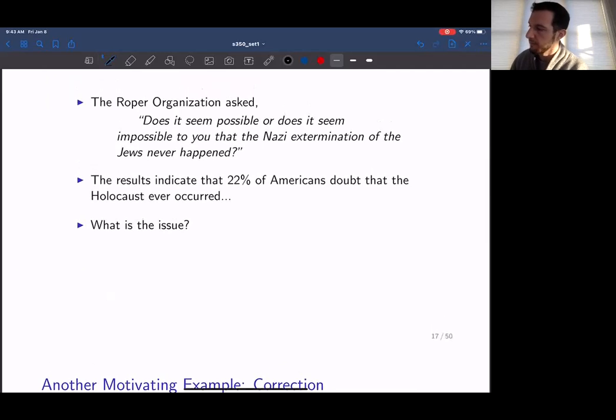But what went wrong here? Well, effectively, the question was too confusing, right? So this isn't pointing to lack of representation of the target population. This isn't pointing to a really low response rate. The issue here is simply that what is being asked is difficult to understand. I've read this over a number of times because I've used this example a few times before, and I still find this question confusing when I read it. So the double negative in particular